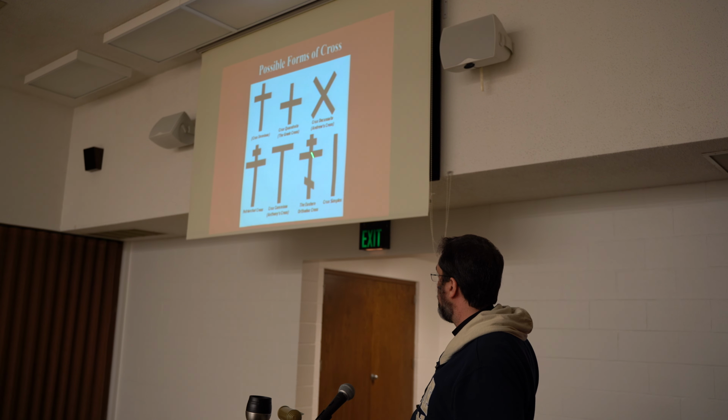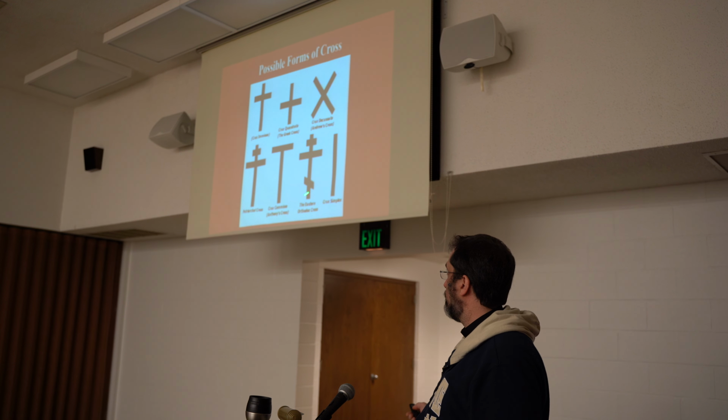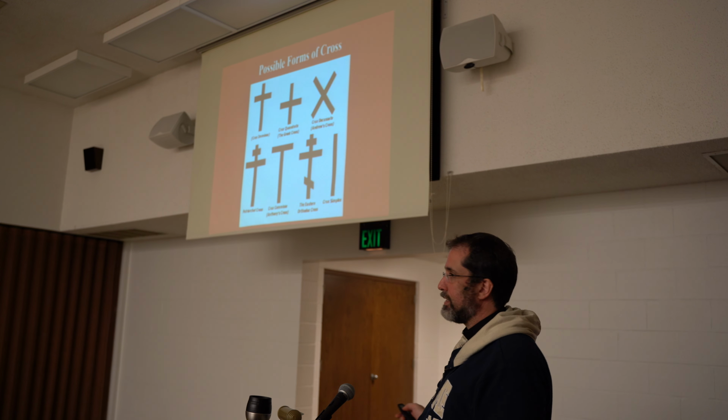And then you've got the Eastern Orthodox cross. You'll see these in a lot of Orthodox churches, like on the domes and stuff. You'll see this kind of cross. This representing the crossbeam, this representing the title, and this representing the footrest of a